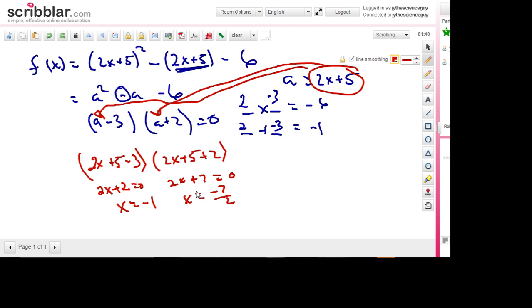Minus 7 divided by 2. X equals negative 1 or negative 7 over 2. Okay,